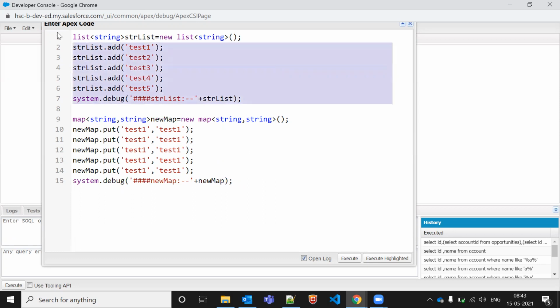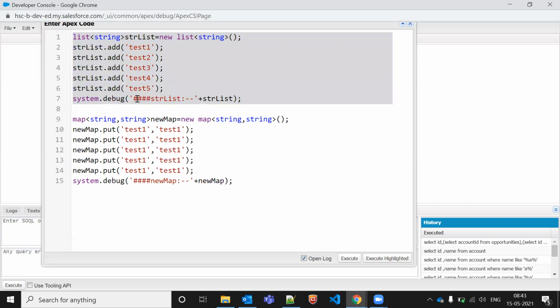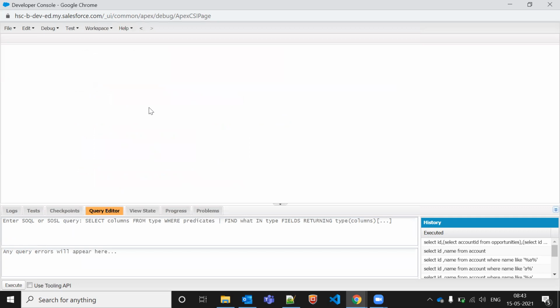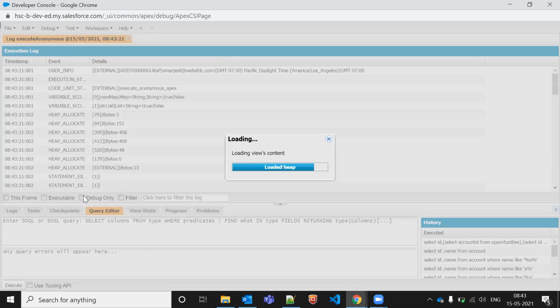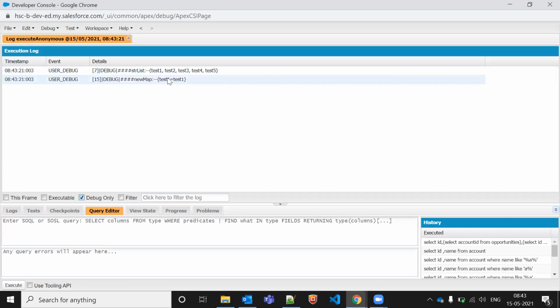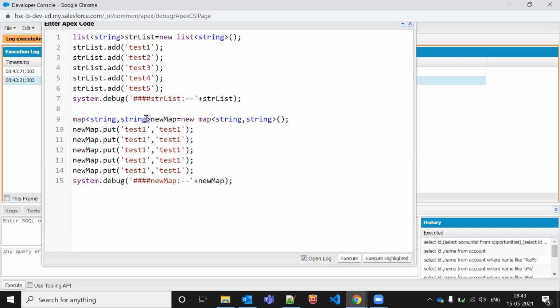So now we don't need this book. Let me keep this one as well. Okay, so let me check what we are getting, what it is returning now. Now it is returning only test one and test one only. Why is it returning test one is equal to test one? Because equal means this one equal to this one. It is saying like this. So why is it returning test one?